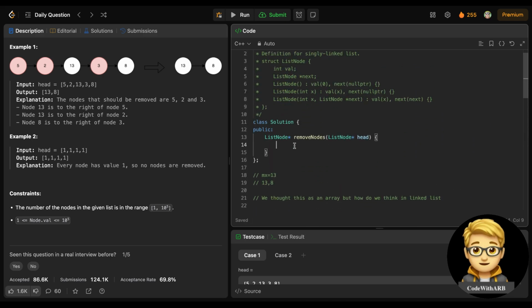So let's see how we will implement this. Firstly, we need to make a stack of list node type, and I also need to make a dummy node for storing the dummy value, which will be greater than the maximum value, which is 10^5, so 336, right? Now we will point this dummy's next to head, and we will also make a temp value which is pointing to this dummy. Now we will iterate